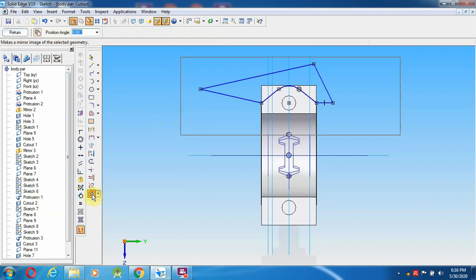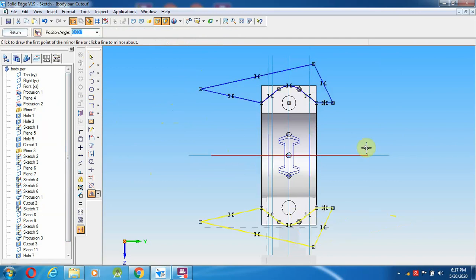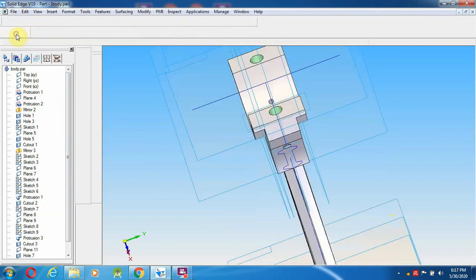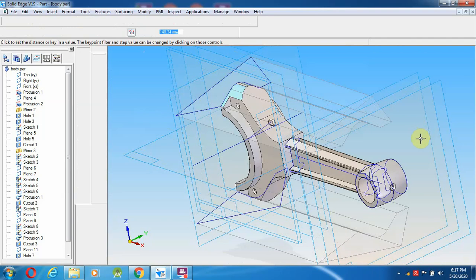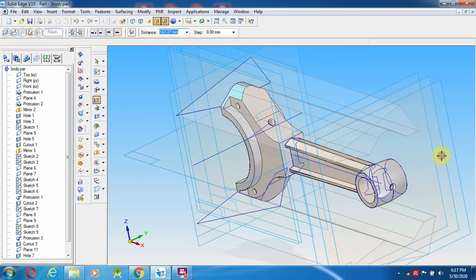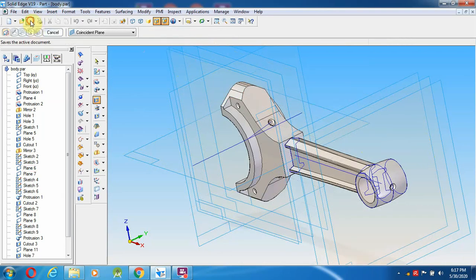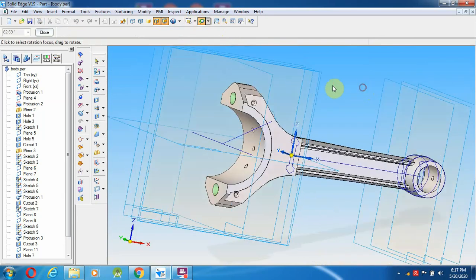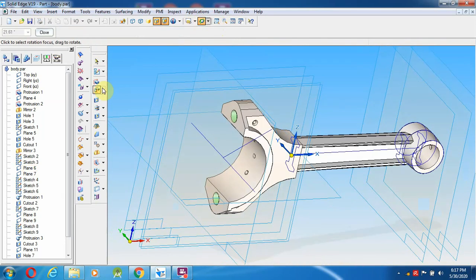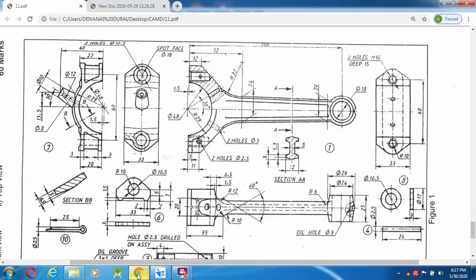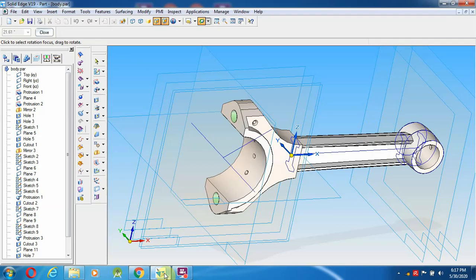Select the option called mirror, and based on this, give return. So towards this side it has to be next over here. So save. That front portion also we have created like that, whatever they gave in the drawing. Okay, so I am going to save the file.